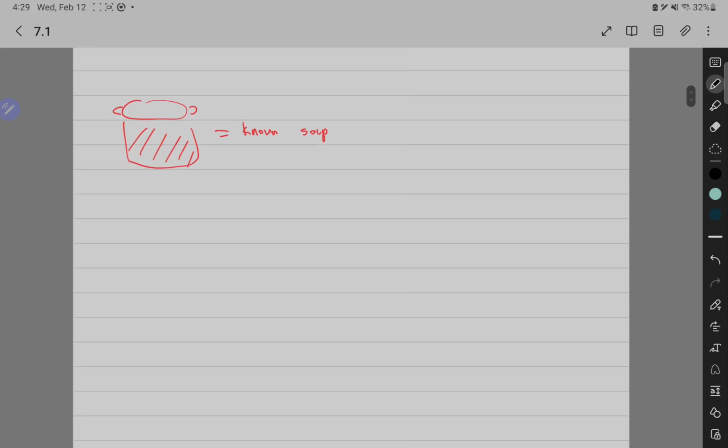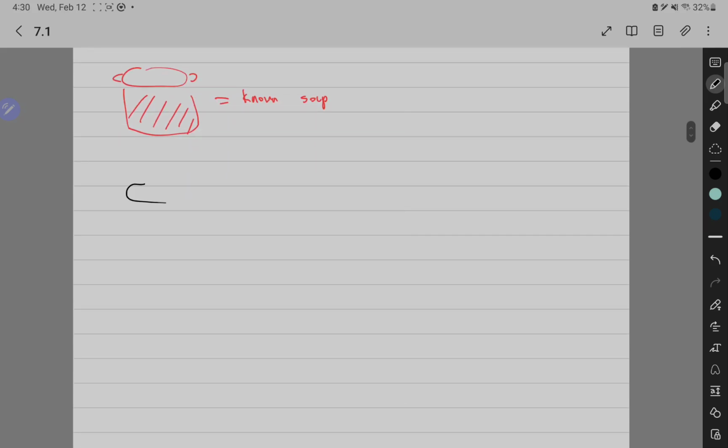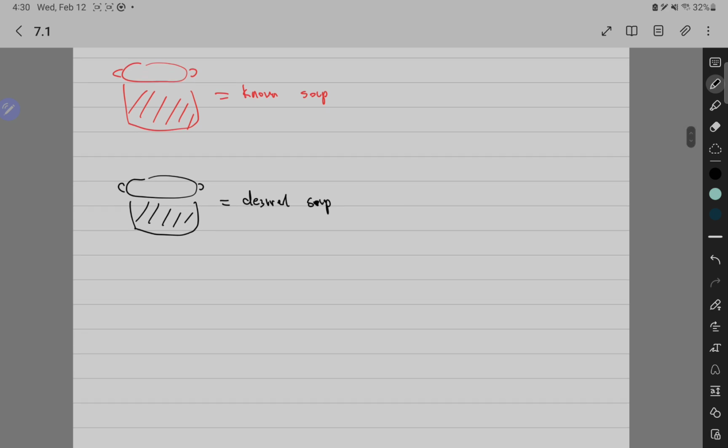Then by that logic, we can define another soup, which I'm going to draw with the black pen. It's exactly the same as the original drawing, but in a different color, just to differentiate. This is going to be called the desired soup. The desired soup is exactly how you wanted it. It's a little bit saltier than the known soup. Then mathematically, to formulate this whole process, this is the desired soup,